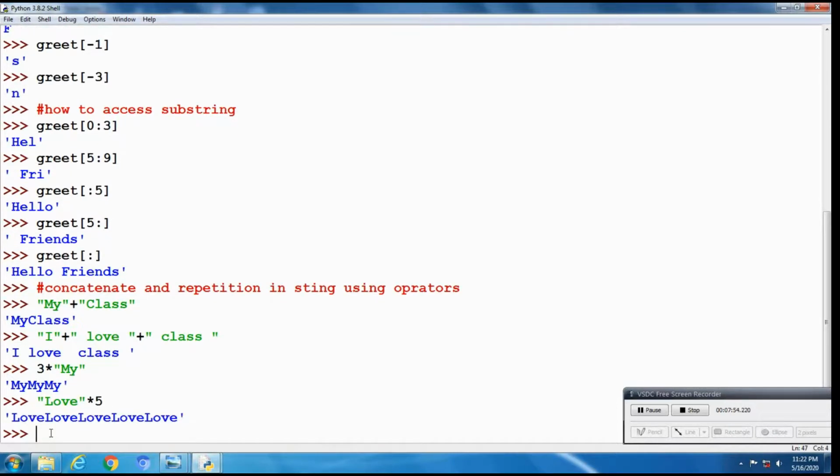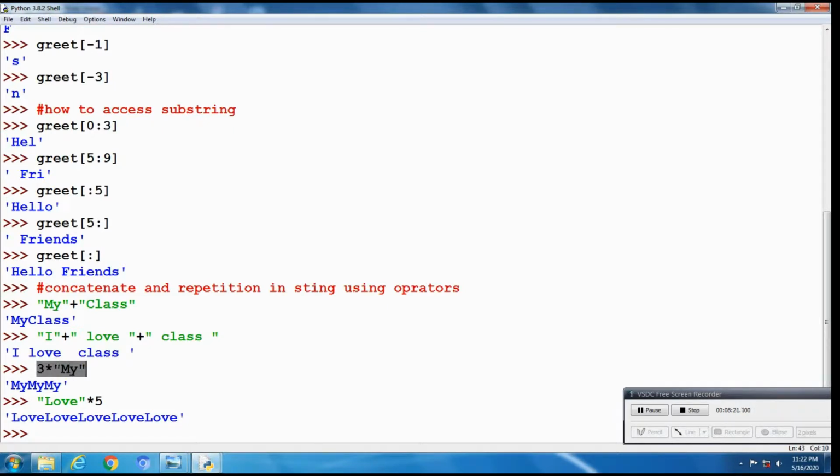Next I am going to print them together. I want to use multiplication and also addition in one statement. See here, just select this, copy this. You can also use keyboard shortcuts.